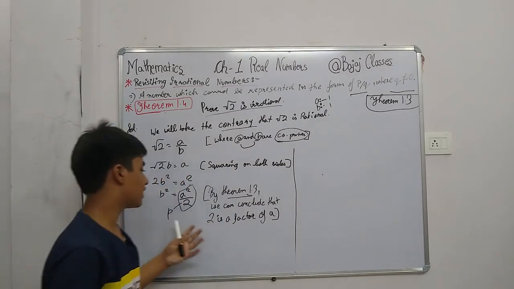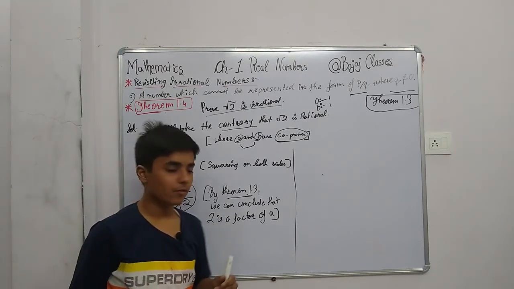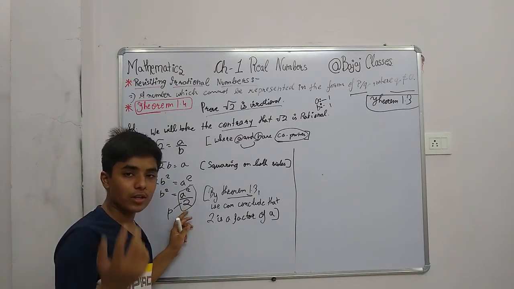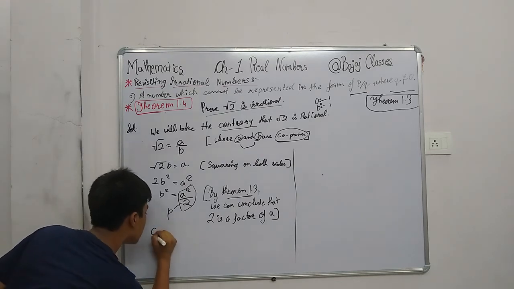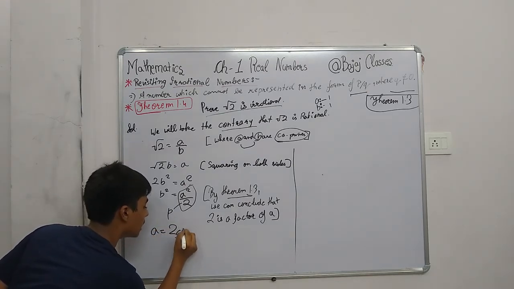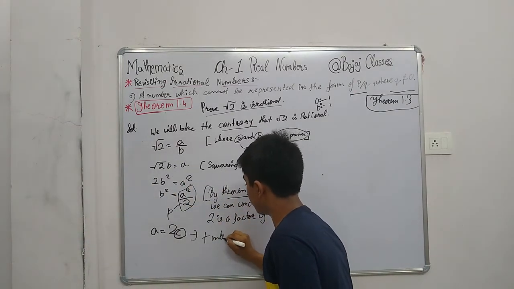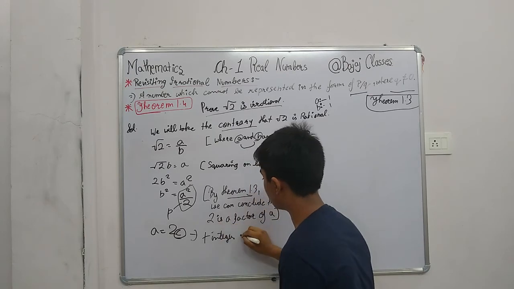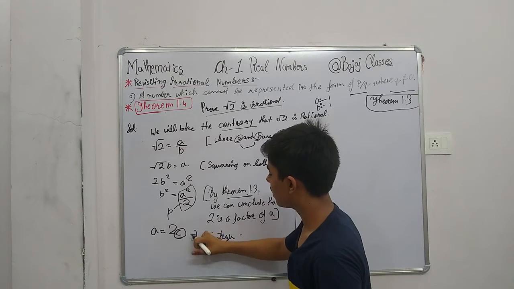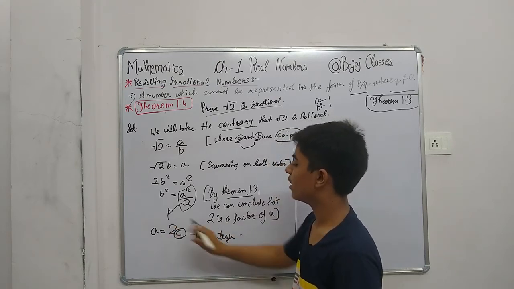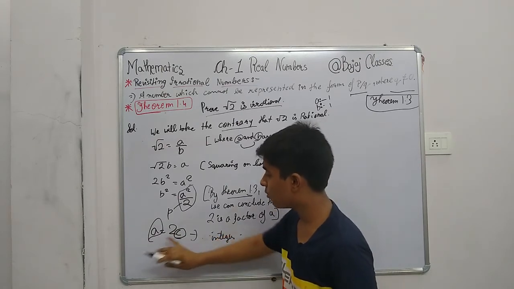Now we have proven this statement that a is also divisible by 2. We all know that we want a quotient by which, if we multiply 2, we get a. So we will directly write a equals 2c. C will be any positive integer, or you can simply state that c will be an integer. So if we multiply c into 2, then we will get a. So this is a equals 2c.